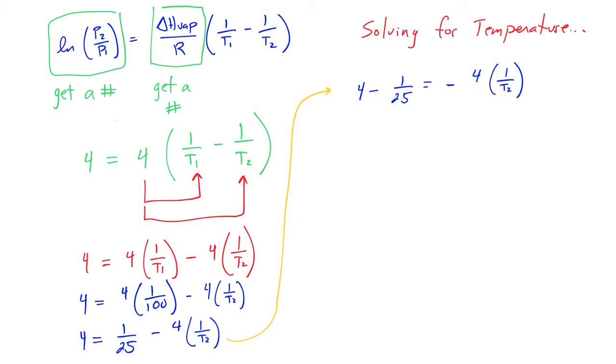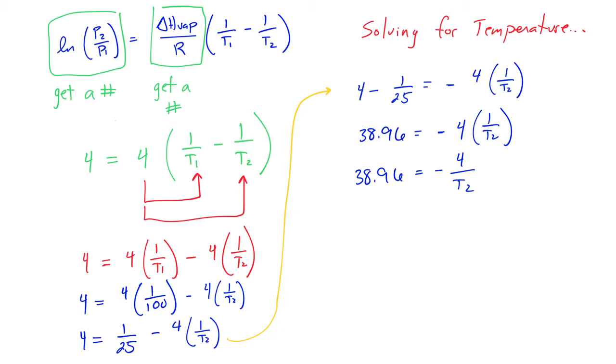We want to take all the numbers that don't have a variable and move them to one side of the equation. So we're going to get 4 minus 1 over 25 equals negative 4 times 1 over T2. Next, we're going to solve the left side of the equation and get a number for that. We can multiply the 4 times the 1 over T2, and when we do that, we're going to get negative 4 over T2,